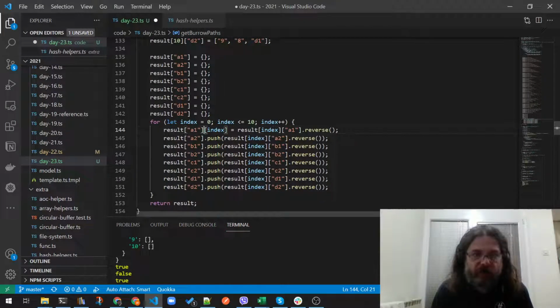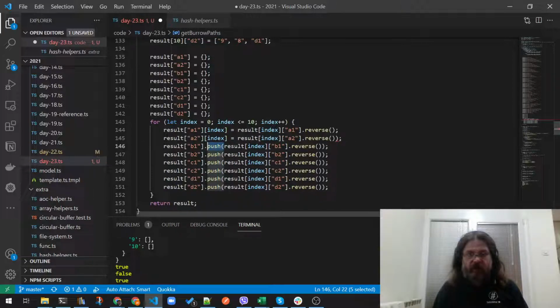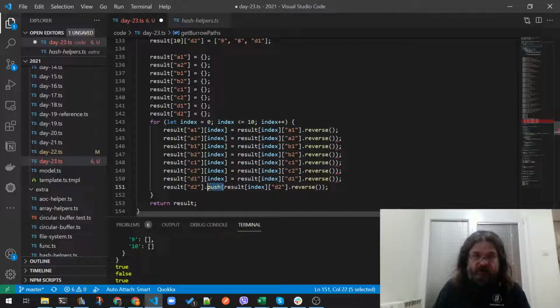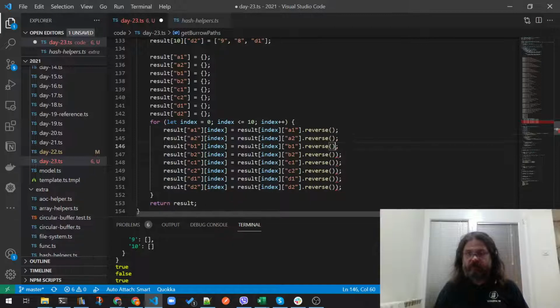Yep. Because going from A1 to index, we are moving the exact same part as we are going the other way around. So I did it once, and now I'm just copying them instead of making an absolute mess. And of course, it doesn't look like a huge hard-coded mess, but sometimes huge hard-coded messes are not a problem,